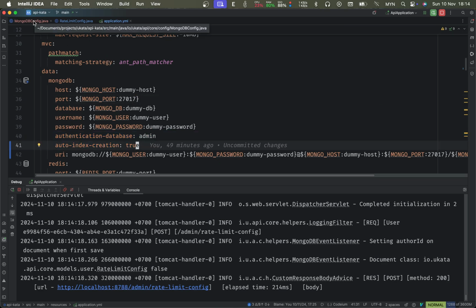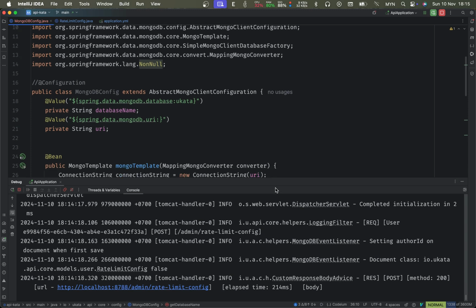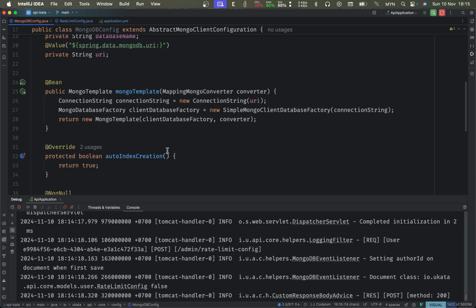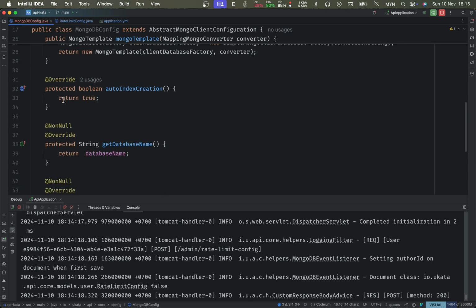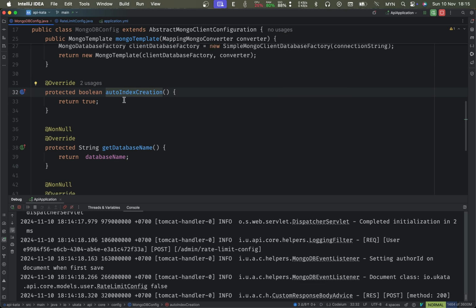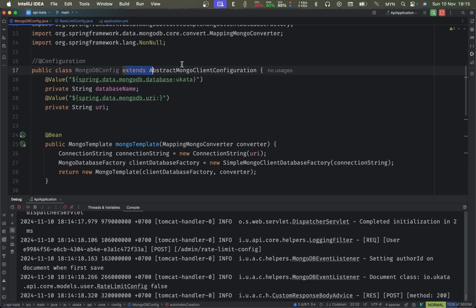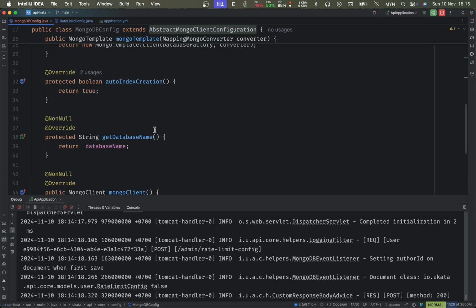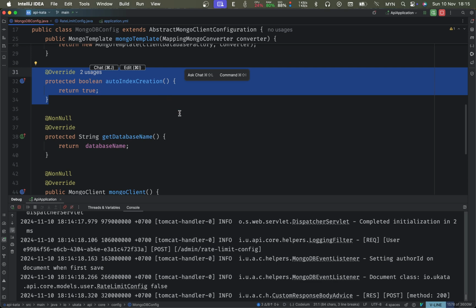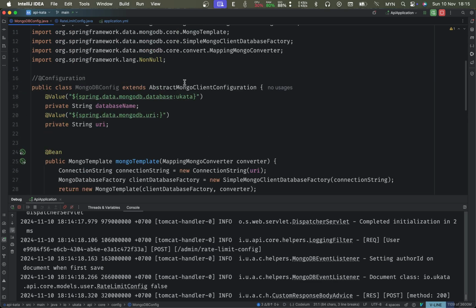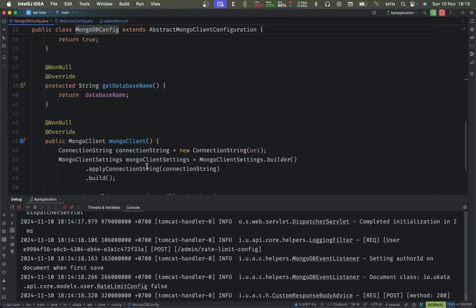So the trick is to create a configuration bean here. So you can see that I disabled the configuration, so that bean was not created when the first run. And the only thing you need to, actually two things. So you need to have this class extend AbstractMongoClientConfiguration, and you set the auto index creation to true. And additionally, because you create this bean, you also need to configure the client, so the Mongo client